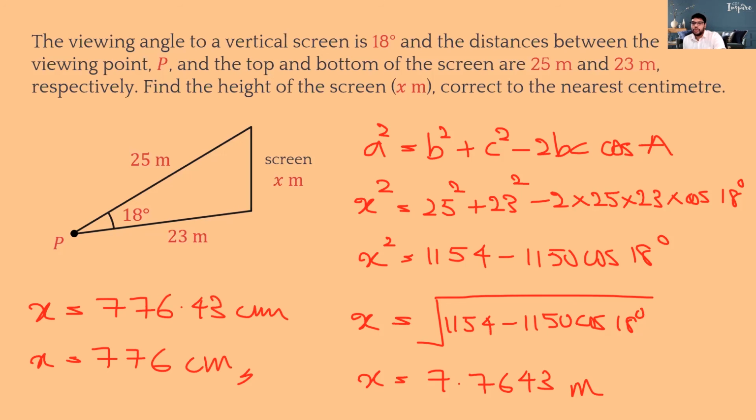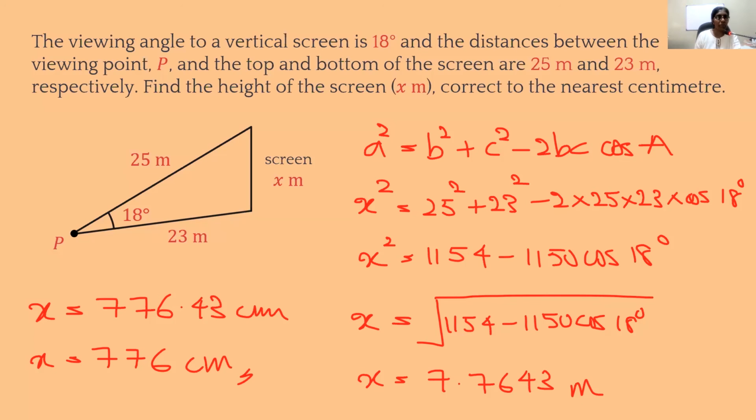But what most of you did was you took 7.7 and you rounded it. You thought that was in centimeters and you rounded it to 8. Can you see, children? So they want the answer in centimeters, but the lengths are given in meters. So you find your answer in meters, convert to centimeters, then round it off to the nearest centimeter. So I hope you all learned a lesson with this one. Read the question carefully.